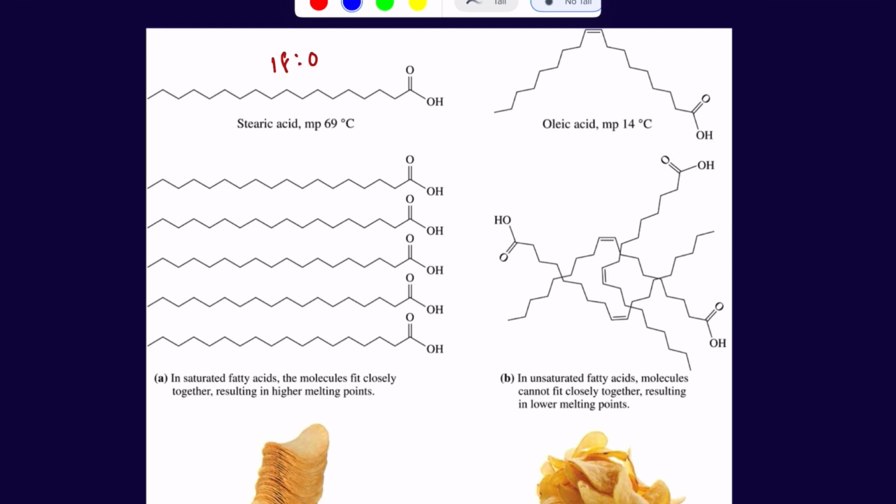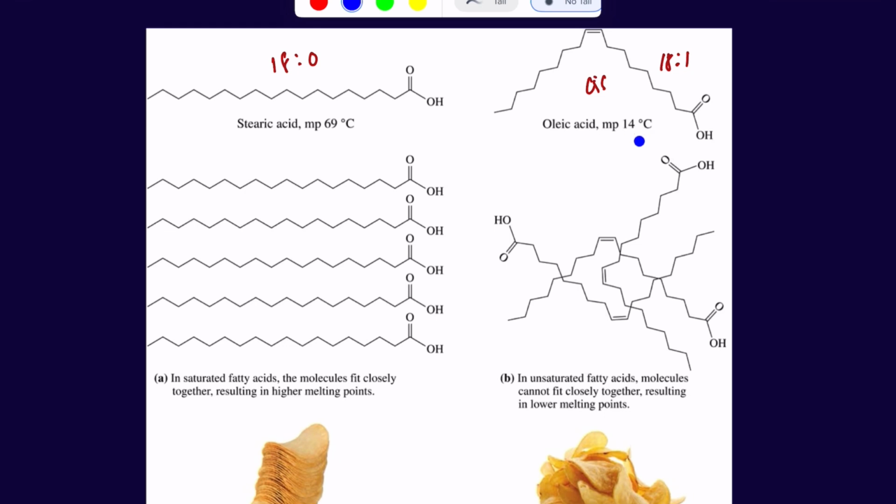But let's look at oleic acid. Remember, oleic acid is also 18 carbons, but it has one double bond, and that happens to be cis in this case. That cis double bond, you can see, creates the kink in there. So when you put together multiple oleic acids, they will not stack on top of one another that well. As a result, it creates a lot of holes or empty space where they're not making a lot of interactions. So it's going to be really easy to melt this, and we would need a relatively lower temperature. The melting point for this oleic acid is about